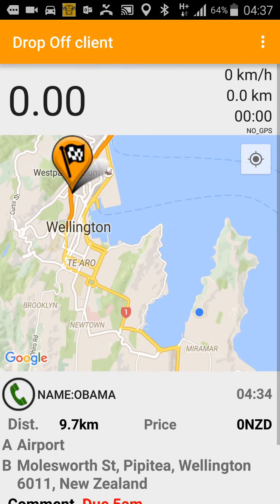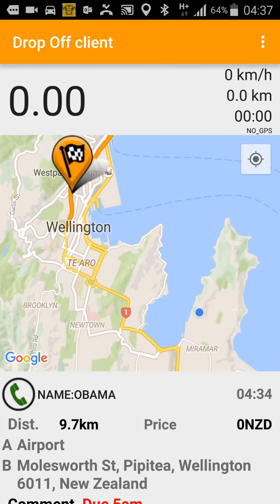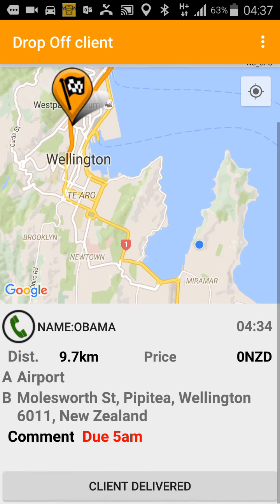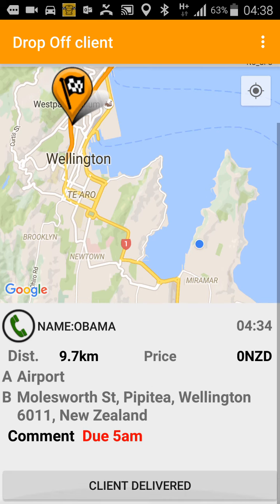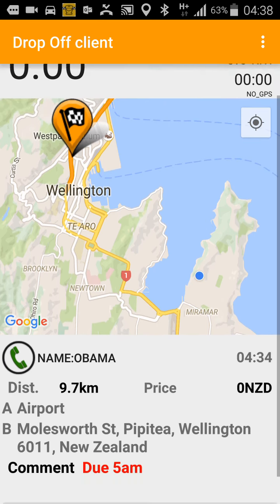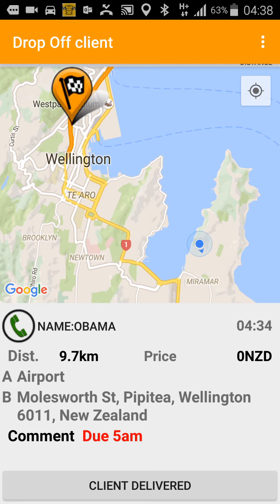And on this screen, it's a bit funny because it's actually a bit bigger than the screen is. So you've got to scroll, which is for older people. If you don't know how to do that, you just put your finger on the screen, and you can move it up, or you can move it down, and then it will move the screen around like that. And so you need to move it up so that you can see the button at the bottom, which says client delivered. Alright, and so when you get to the end where the flag is there, then you click on client delivered down the bottom,